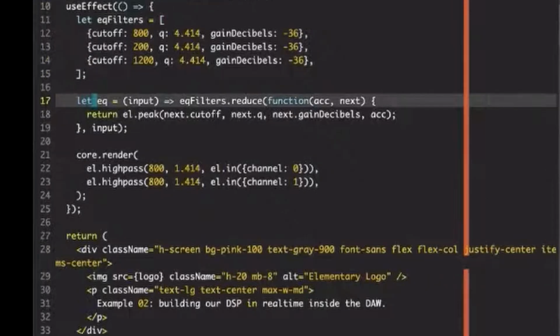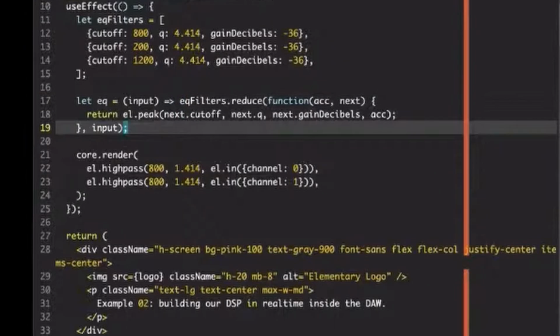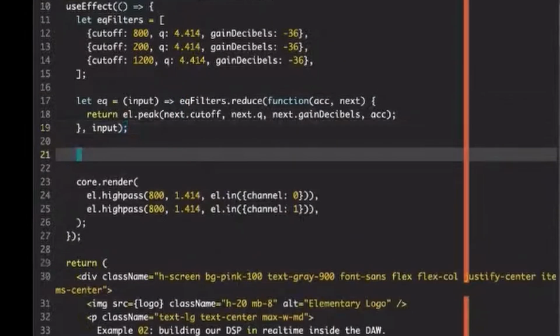Now I'm going to define an EQ function, and the syntax might be a little bit tricky here if you're new to JavaScript, but essentially we're defining this variable EQ, which is a function which takes a single input variable, and the result is the result of reducing our EQ filters over that input. And this is very much like a functional left fold kind of thing. So if I were to write out what's going to happen, we'll get el.peak of 1200, 4.414 of